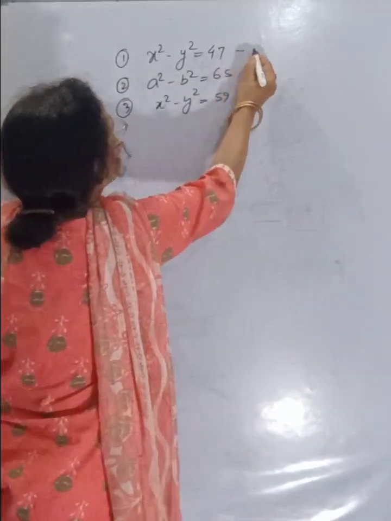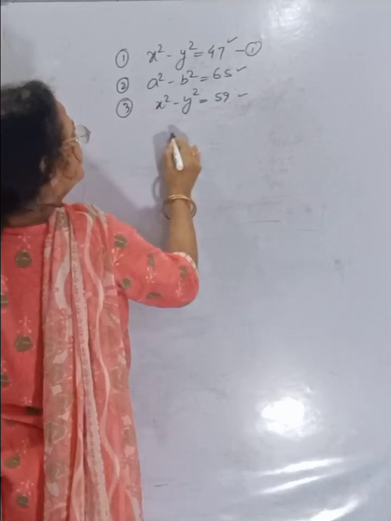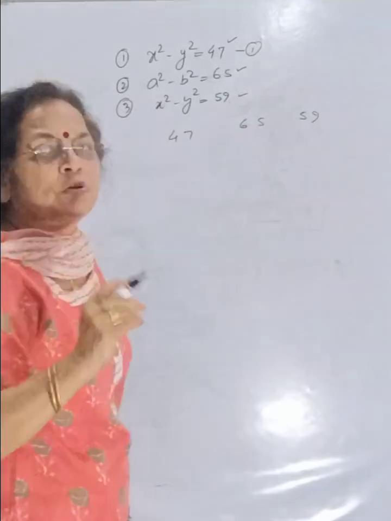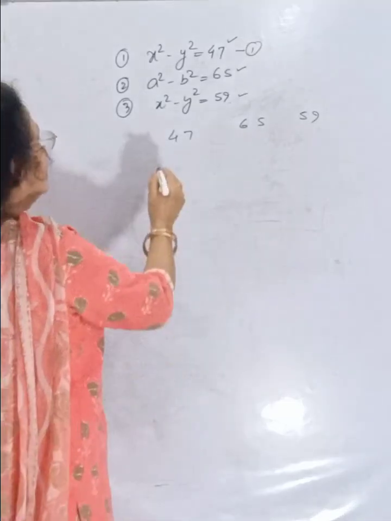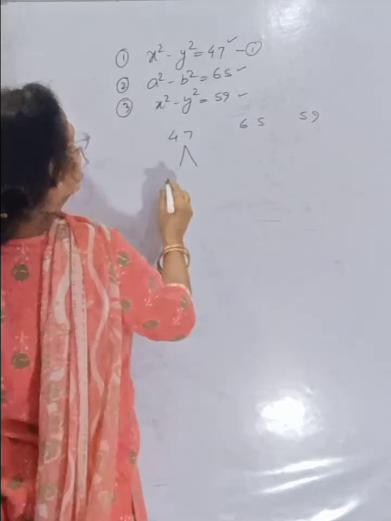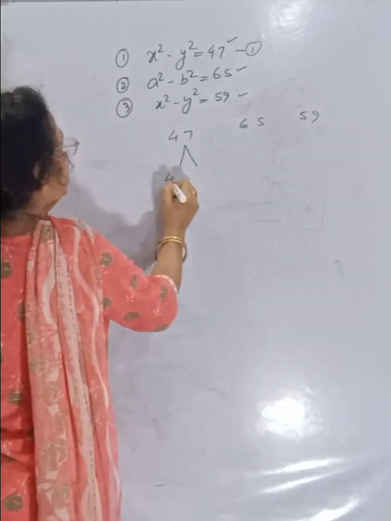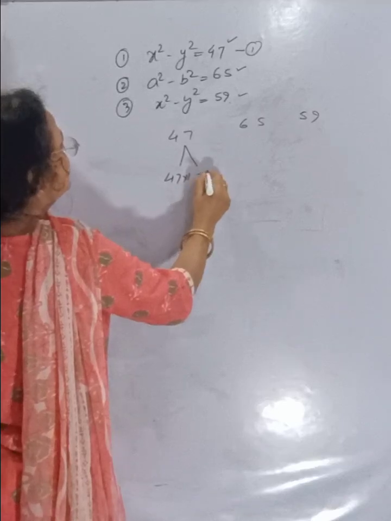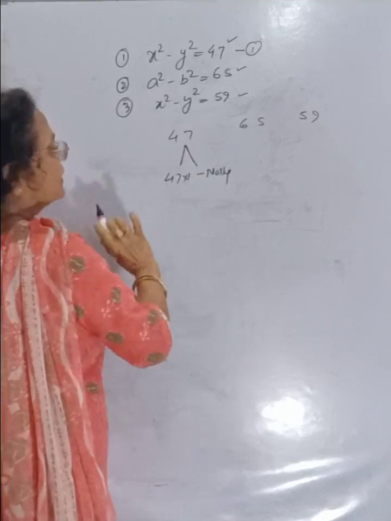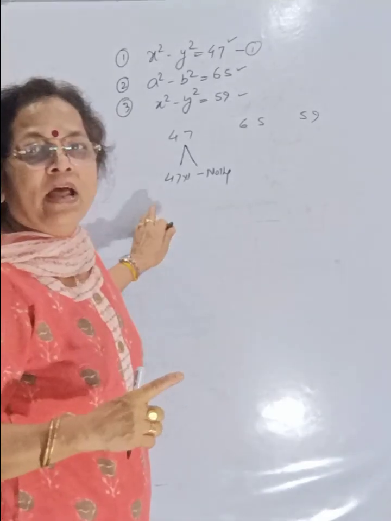तो इसको हम देखते हैं कैसे करते हैं. एक ट्रिक होती है इसमें. एक बात नोट कीजिए, these are the numbers 47, 65 and 59. They are having some special quality. क्या quality है? They can be divided into two parts only, either 47 into 1, nothing else. Only one part can be done in this case. 47 into 1. No other number